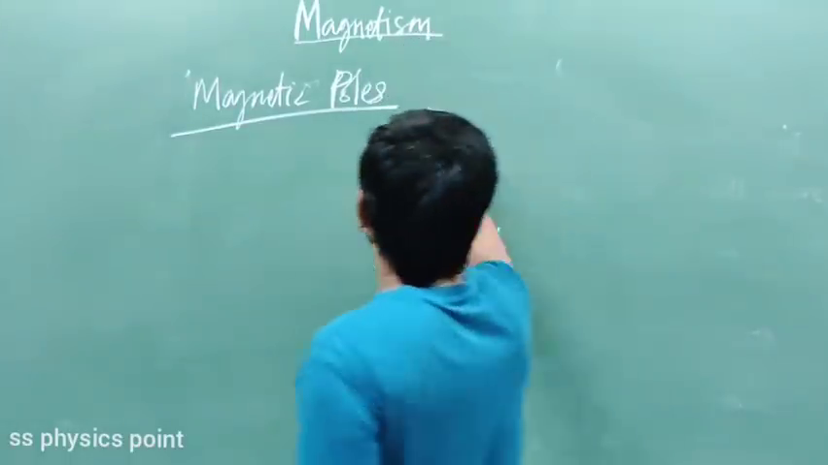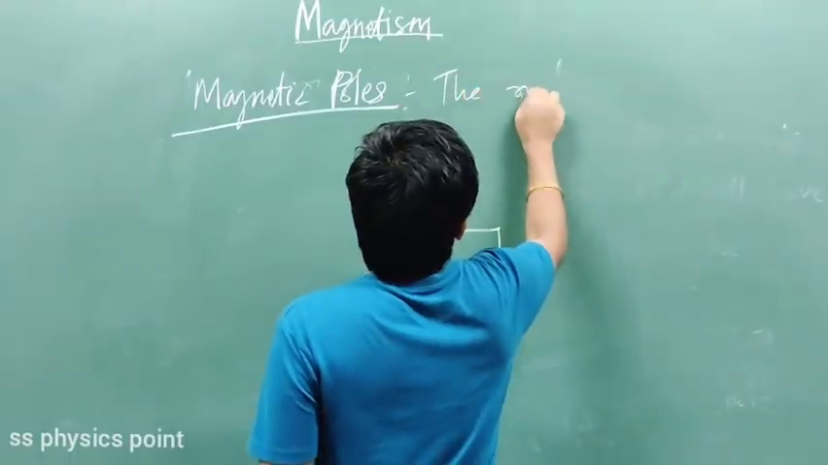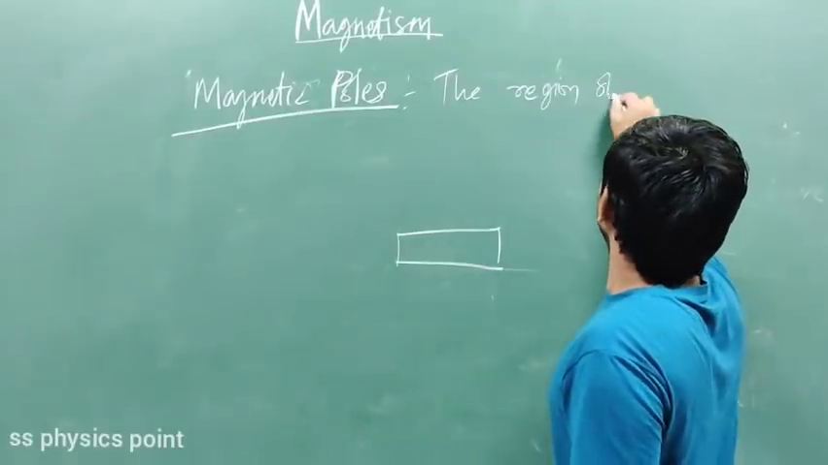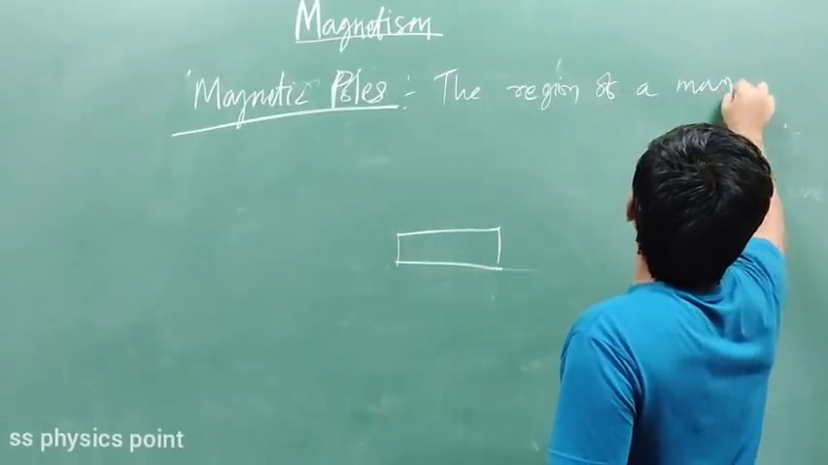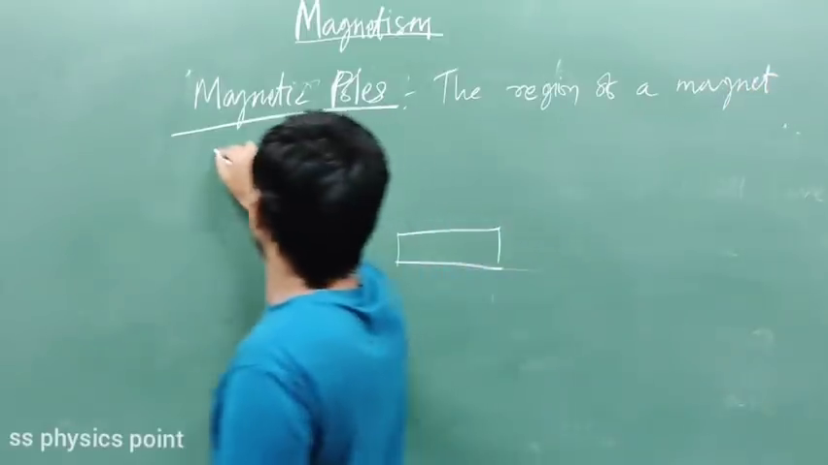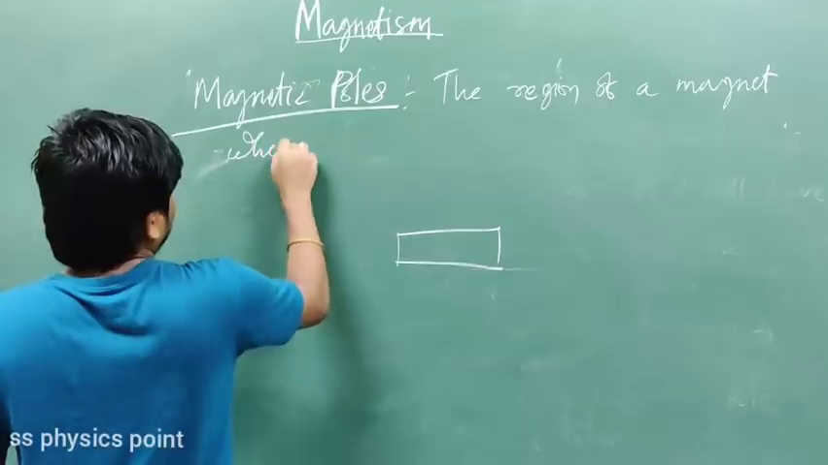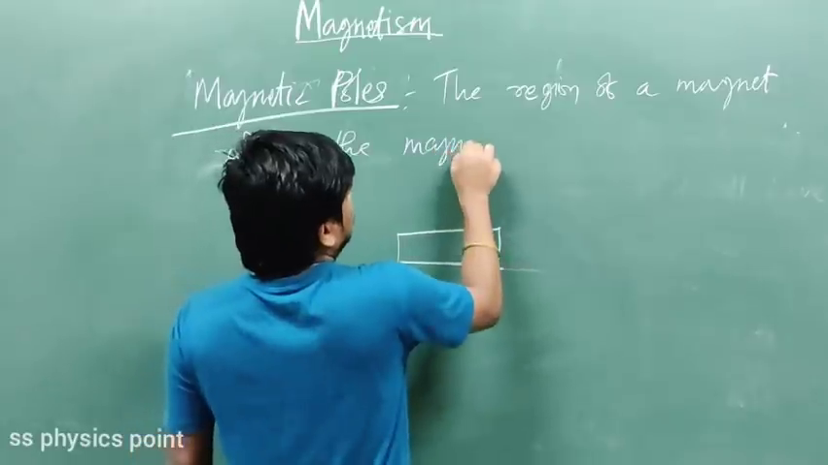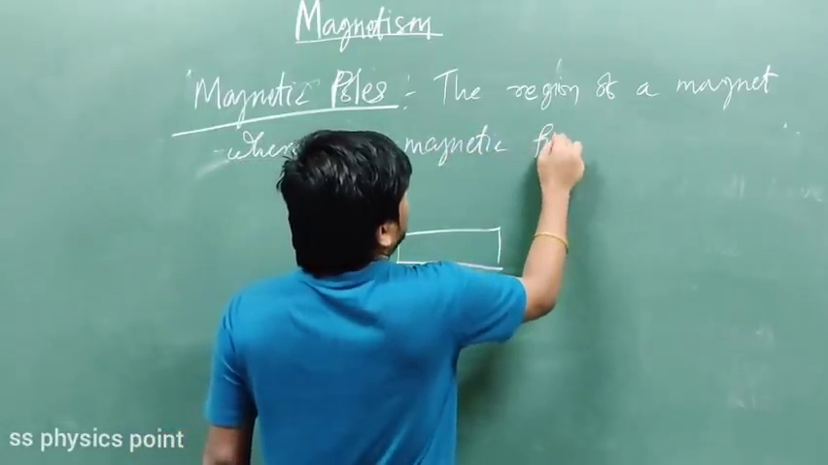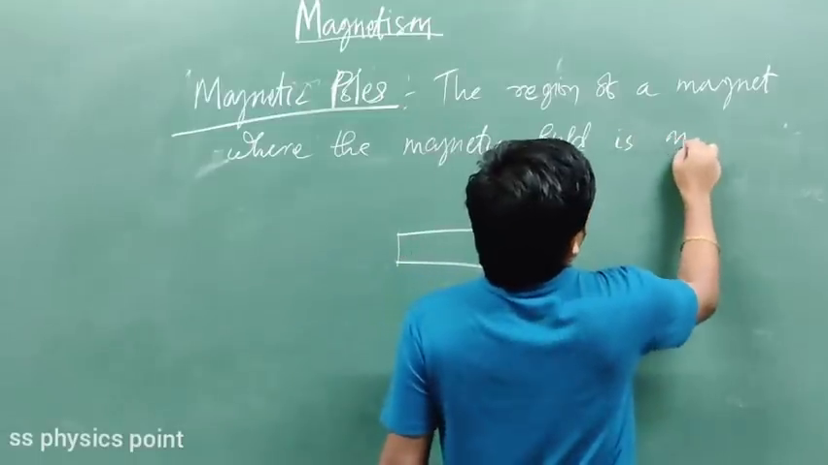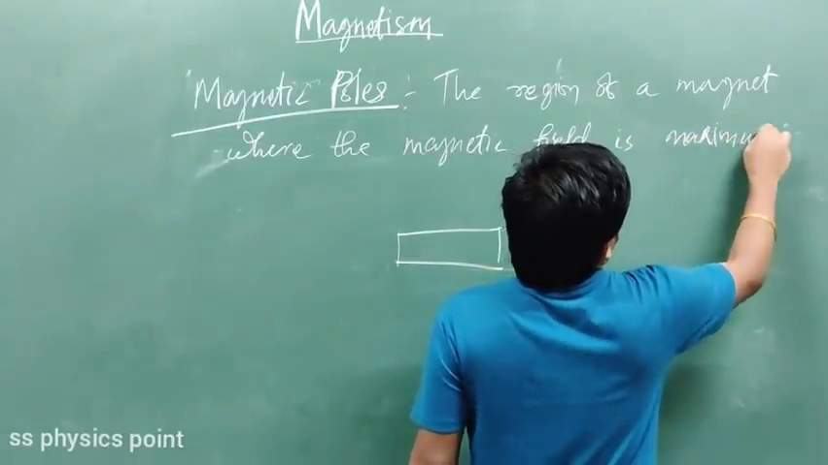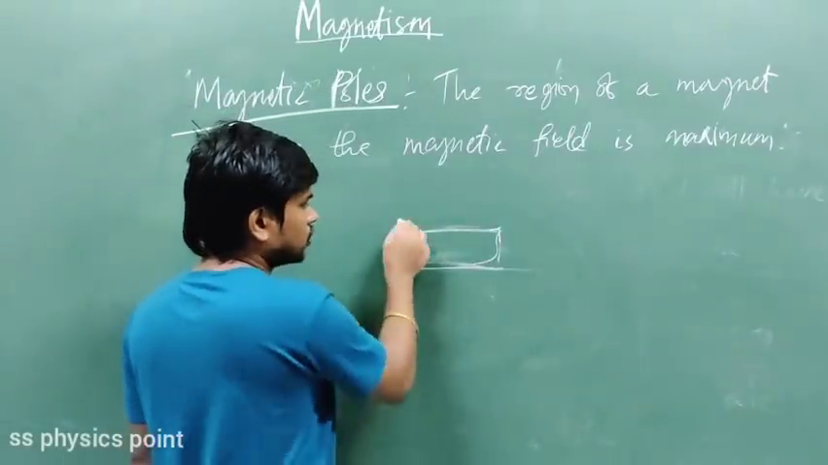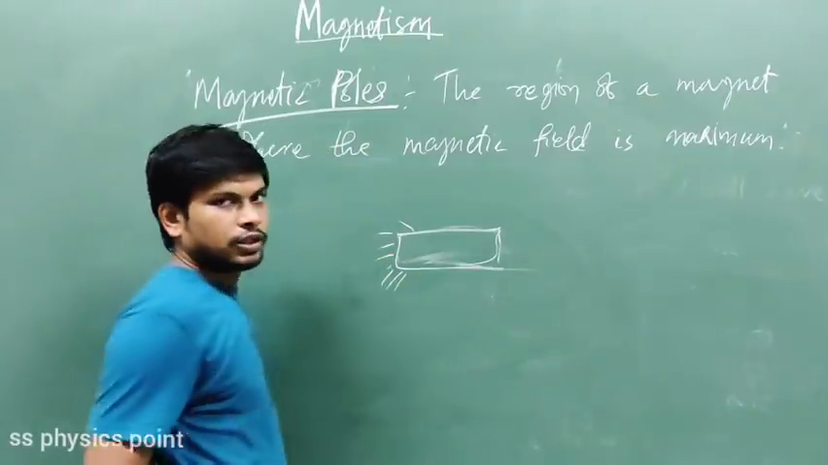So just write it, the region of a magnet where the magnetic field strength, magnetic field is maximum. जो रीजन में इस मैग्नेट का कौन सा रीजन में मैग्नेटिक फील्ड मैक्सिमम है,